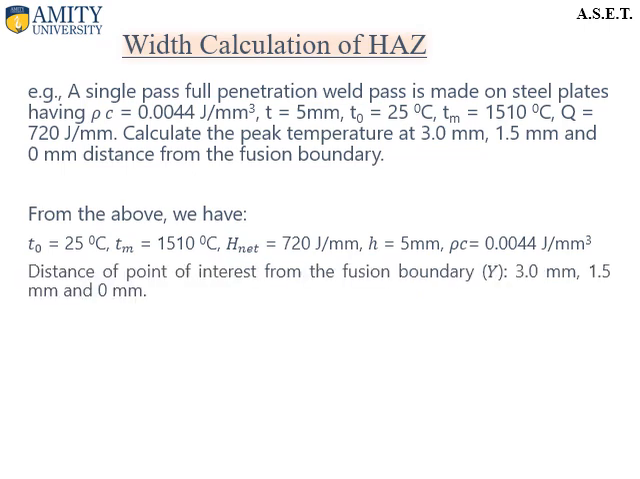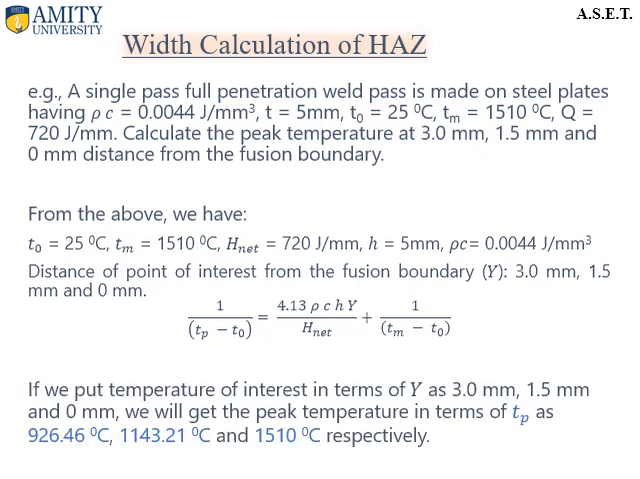When we put these values in the expression for the calculation of peak temperature, the distance of the point of interest from the fusion boundary, represented by the variable capital Y, is to be put as 3 millimeters, 1.5 millimeters, and 0 millimeters. When we put these values in this expression,